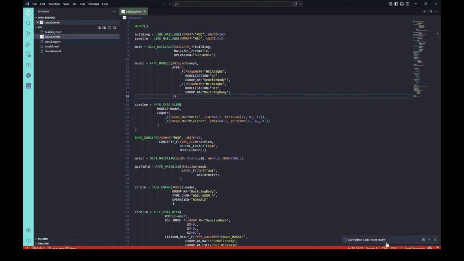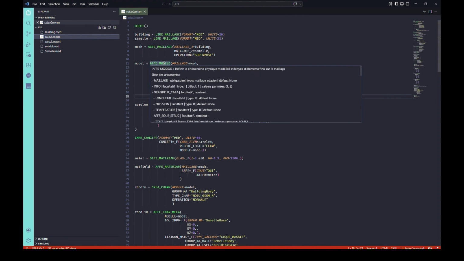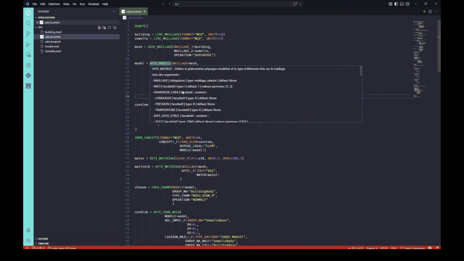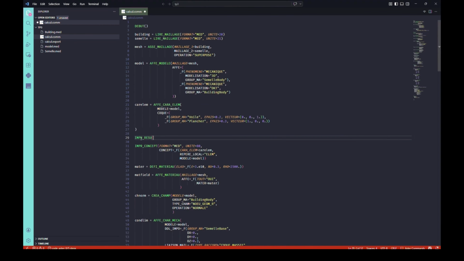First, you now get the function documentation directly inside the editor. As you can see, pop-up windows appear with the documentation for Codaster functions. You also get some auto-completion features. Now, when you start typing, the extension can suggest Codaster commands and keywords, and then the related documentation is available directly in the editor.